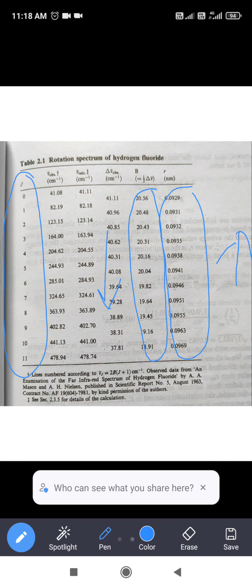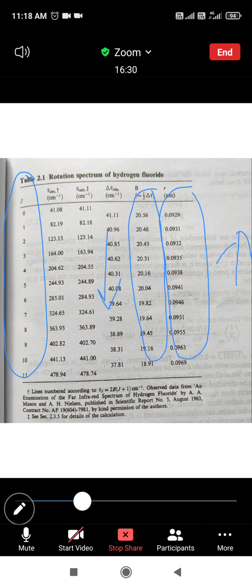So it is called the non-rigid rotator, because the bond length changes with the rotation. In a rigid rotator, there is no change in bond length; it is fixed, it is constant. This is the example for the non-rigid rotator and rigid rotator. Okay, next we start